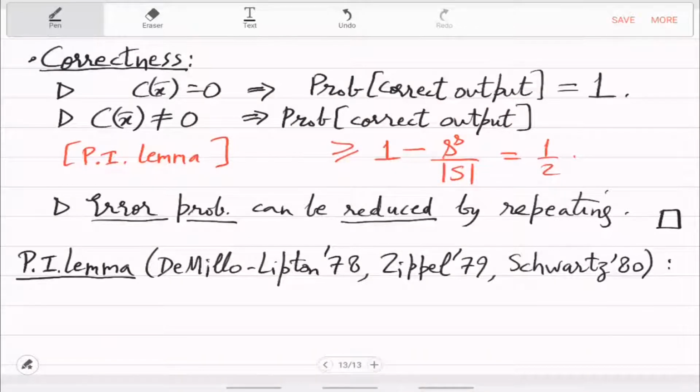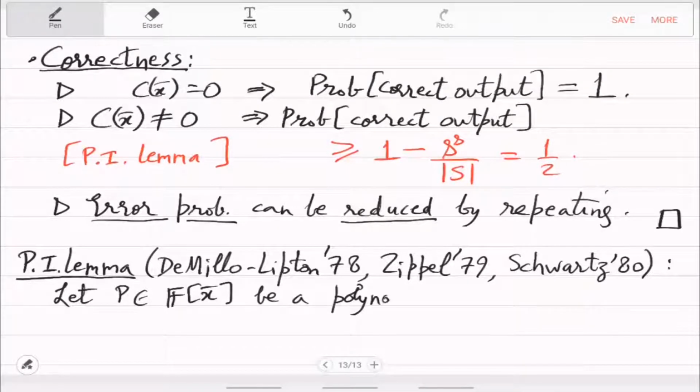So this D'Amelio, Lipton, Schwartz, Zippel lemma says that if you have a polynomial P, in any number of variables, of non-negative degree d, okay, which means that degree 0 means that it is a non-zero constant, degree 1 means that there is this term x in it and so on. So in particular P is a non-zero polynomial,